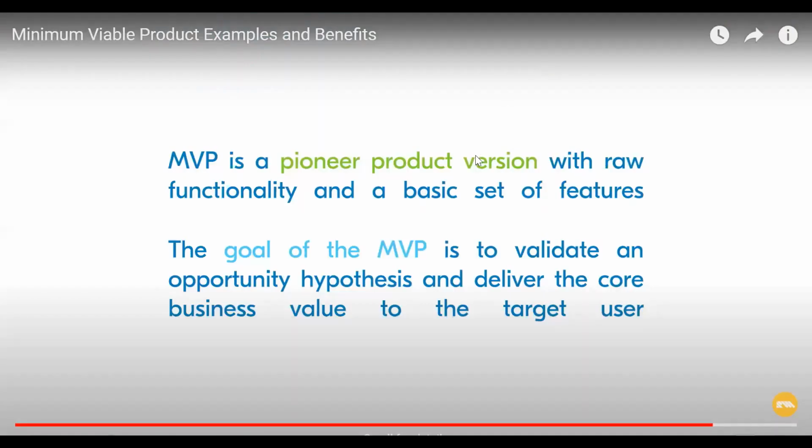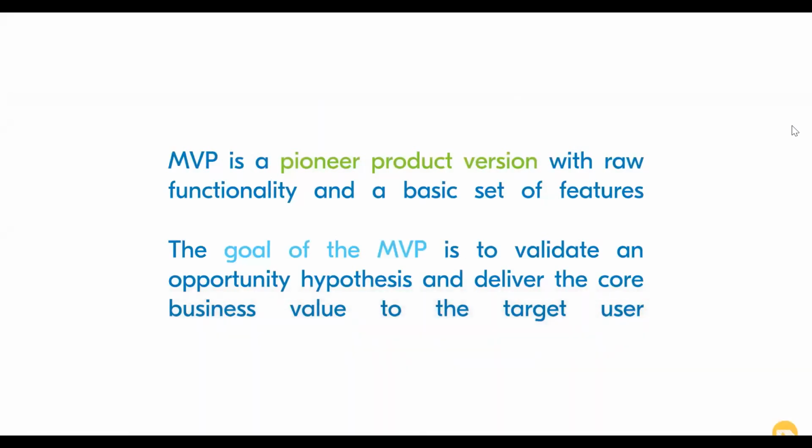Let's sum up what we have learned about the concept of the minimum viable product. MVP is a pioneer product version with raw functionality and a basic set of features. The goal of the MVP is to validate a hypothesis and deliver the core business value to the target user. This was the first video in Railsware MVP series. Watch it till